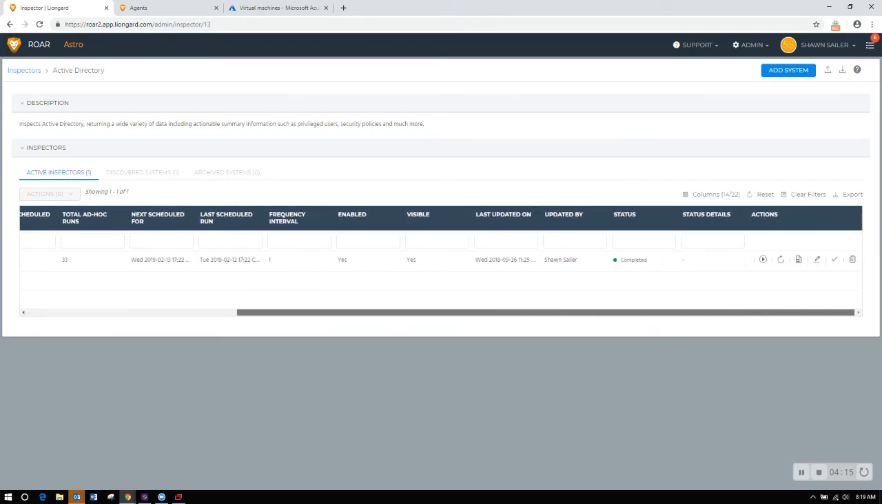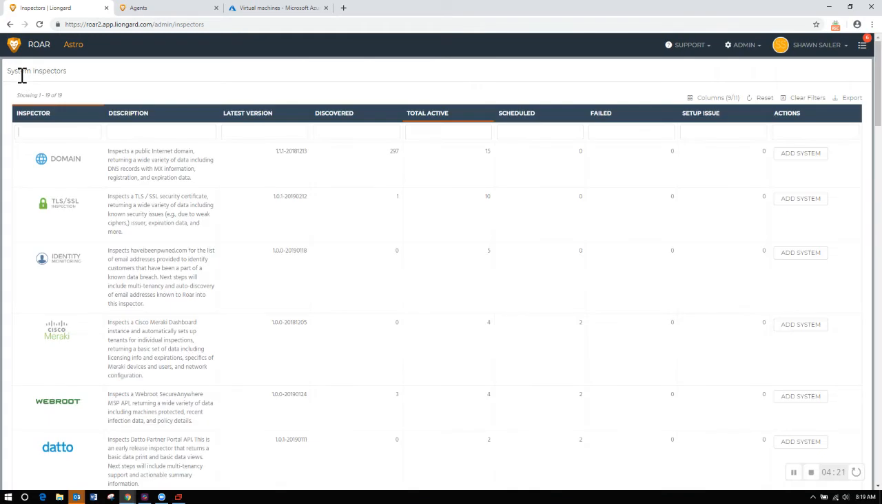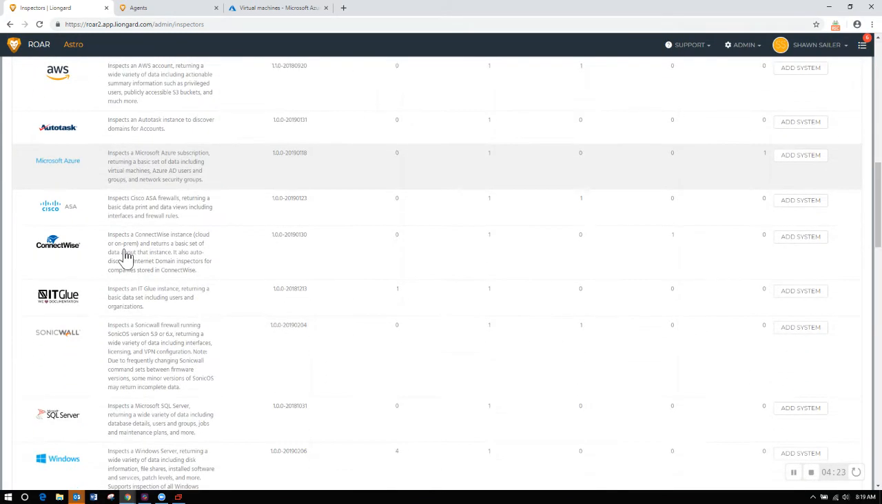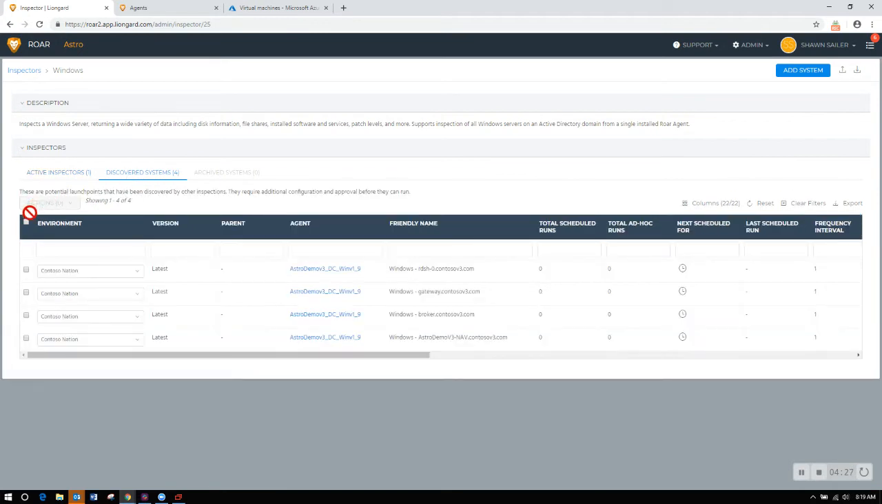Just let it run on its own. You don't have to trigger it. It makes it real simple. When that completes, then Roar is going to pivot back. It's going to discover all of your other Windows servers. Okay, so those will show up as discovered systems, and all you've got to do is go in and activate